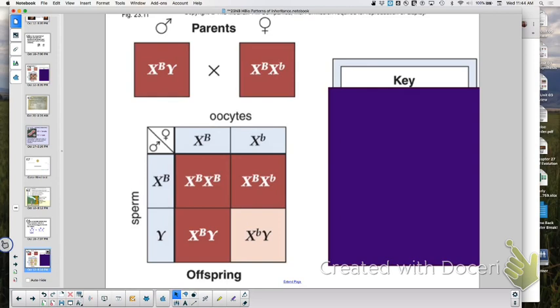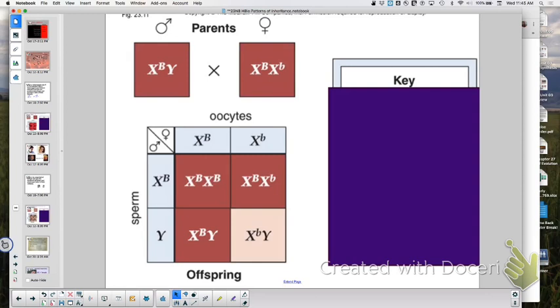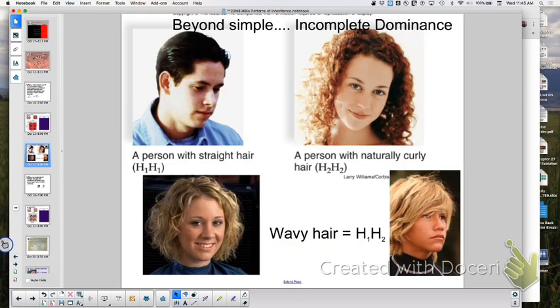For some reason I skipped over the other, so now I'm going to work my way backwards. Do you remember when we talked about codominance with the AB blood? So both alleles were expressed. The next one I want to talk to you about, so I go back to this in your notes, is